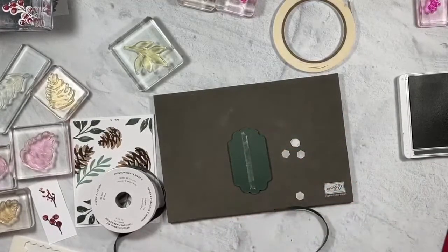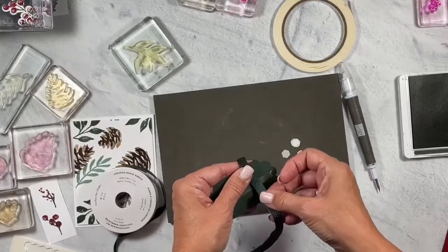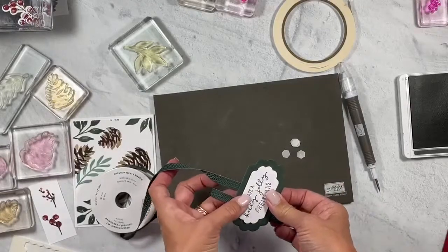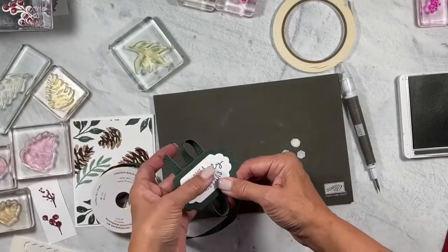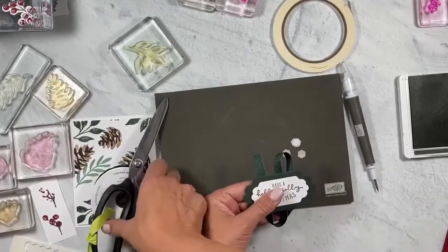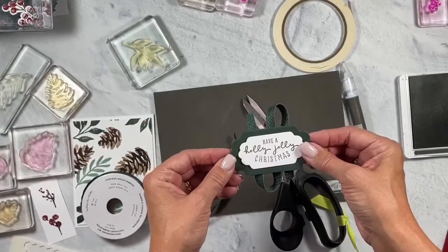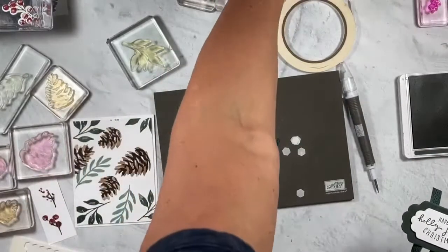Again, this doesn't require you to tie fancy bows. And what I would do is measure, when you make the first one, measure how much this is. So I'm just going back and forth. I'm going to make a loop down here, and then I'm going to make another loop up here. So it's going to come down just like this. And then I'm going to grab my ribbon scissors. I'm going to trim this off. I'm going to trim this off. And then what I would do is, if this was my model and I was trying to figure out this is how I want my holiday cards to be, I would take this right back off and measure it. And then I know how much ribbon I need, if I needed 1 spool or 2 based on how many